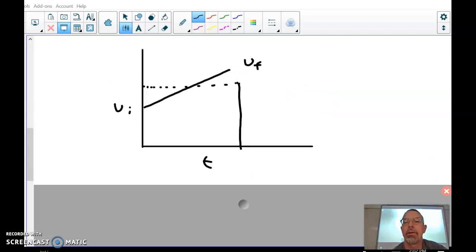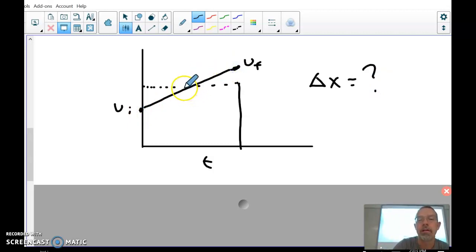So now let's say I wanted to figure out how far I went if I'm given a velocity versus time graph. So what is my delta x here? Let me get that into pen mode. What is my delta x here? Well, if I want to know what that is, I can figure out that if I have a VI here and a VF that's there, if I just kind of split this difference here, let me put a little red